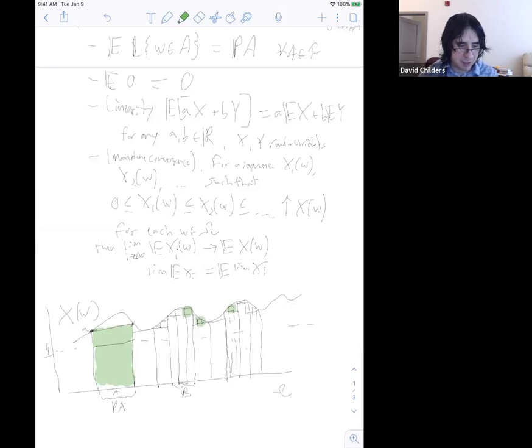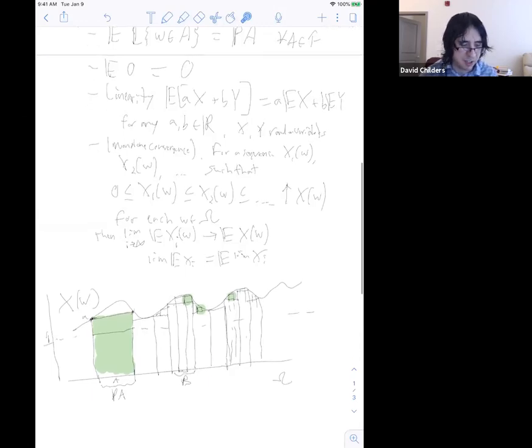We can keep on doing that. We can take the limit. So long as that limit is monotone increasing, by the monotone convergence theorem, if this function x omega can be defined as the limit over all of these, what are known as simple functions, which are defined by these piecewise constant things, then the area under this full curve is going to be given by the area, the limit of the area of each of these rectangles, which can be defined just by length times